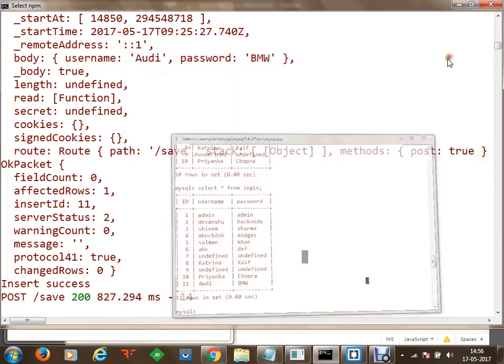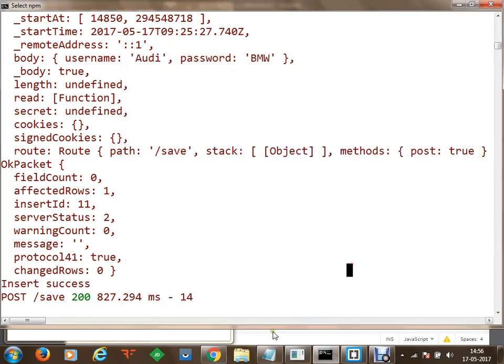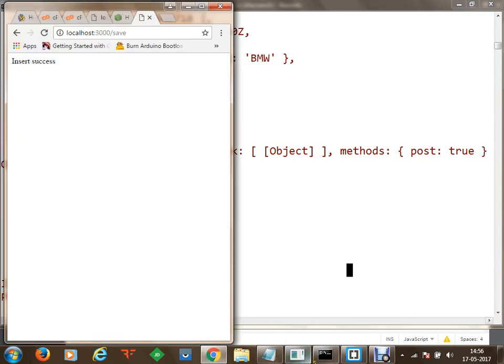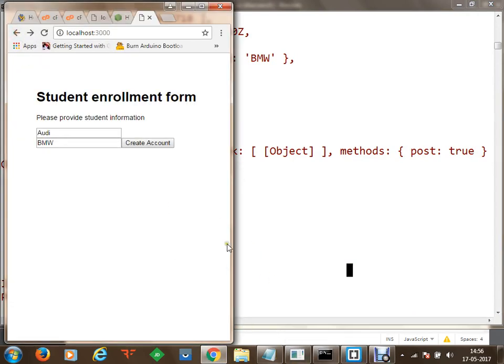I hope you understand how you can send data from a web form to a Node server, and how a Node server can deal with that data and store that onto a database. In the next session, we are going to understand how we can fetch data from the database and we can display that on the user interface of Jade Layout.